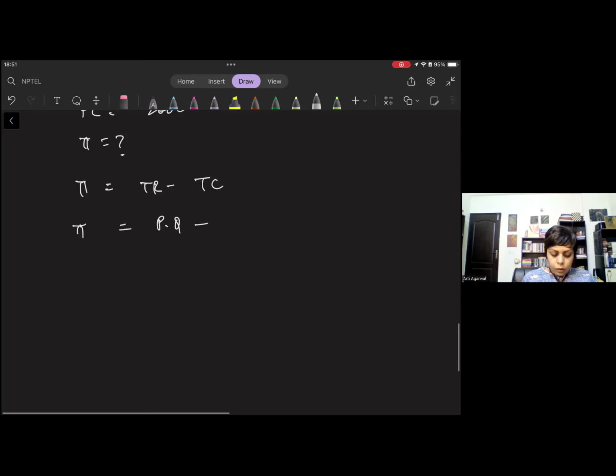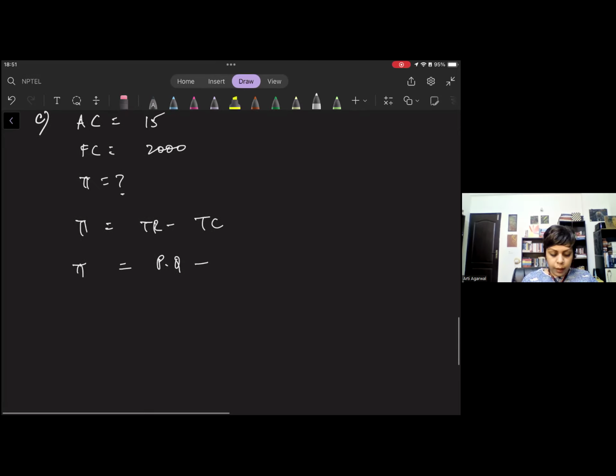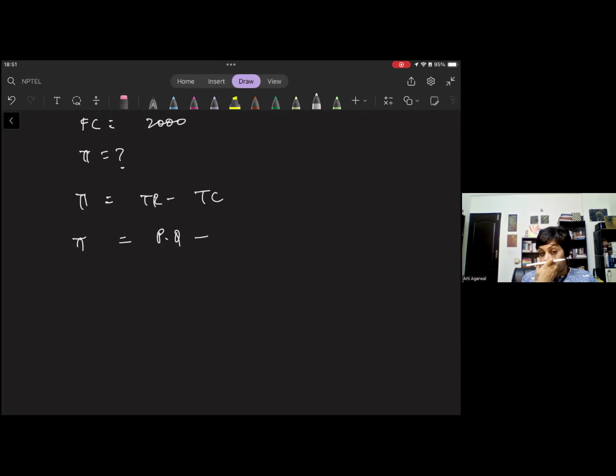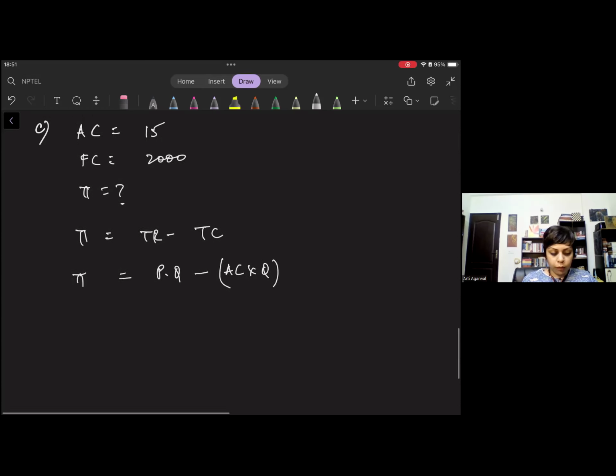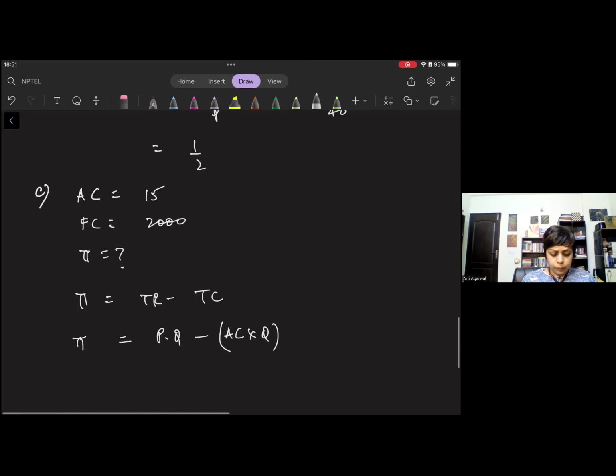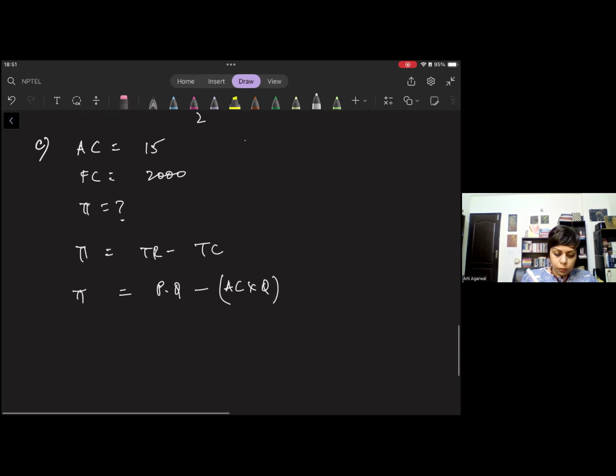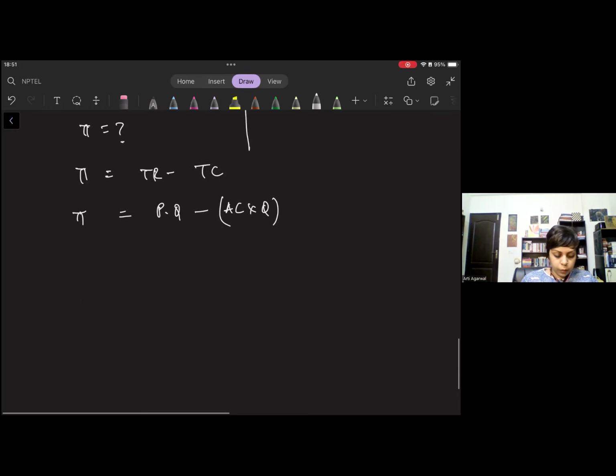In this case, because we are given the average cost, the main thing you have to do is that if you're given the average cost, you can just multiply it by quantity. You don't need to take marginal cost because marginal cost is going to be an integral, and we don't have the cost function. So remember, marginal cost is not necessarily equal to average cost. In this case, we don't have the cost function, so we cannot just simply multiply it. That's where I was wrong.